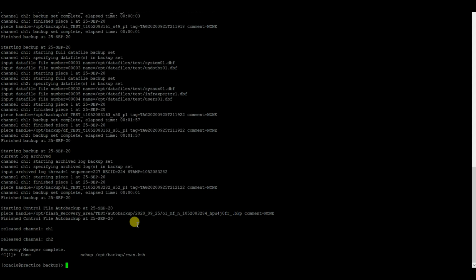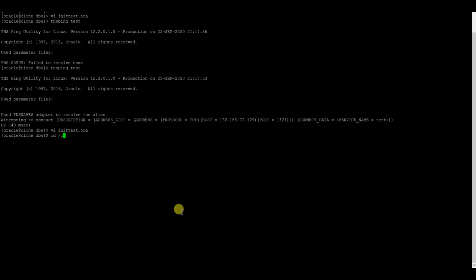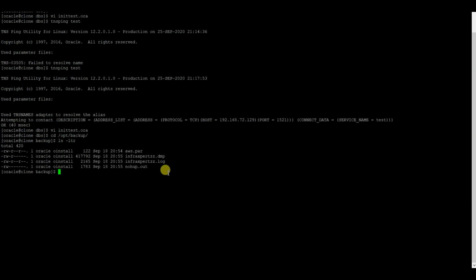So we need to keep the backup files in the same location where they currently are in our production database. Or else we can do one thing, while going ahead with the duplicate target database command, there we can give the backup location. But in here we will just keep it in the same directory where the backup is present. So let us go to this directory and check whether we have any file or not.